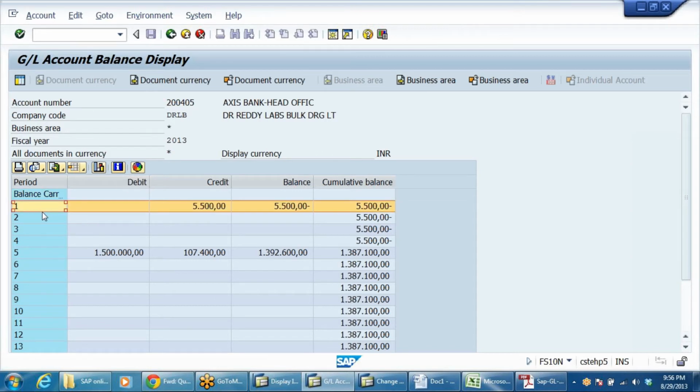See, this is in period 1. I have shown you an example. When a period is open, I can post even in the month of April. When the period is closed, we will be able to post here only. Now the debit entry in equity share capital: what are the amounts that we have received? Debit bank account, credit equity share capital account.